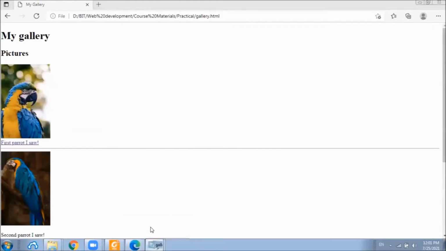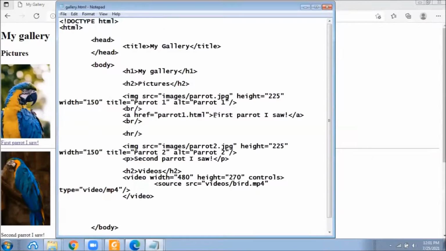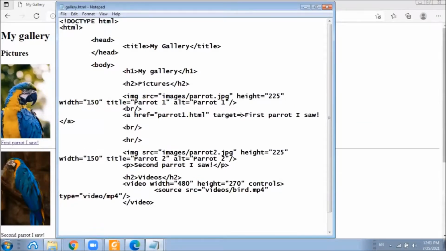In the anchor tag, we can define the target. And if we specify it as blank, that will instruct the browser to open this new page in a different tab.